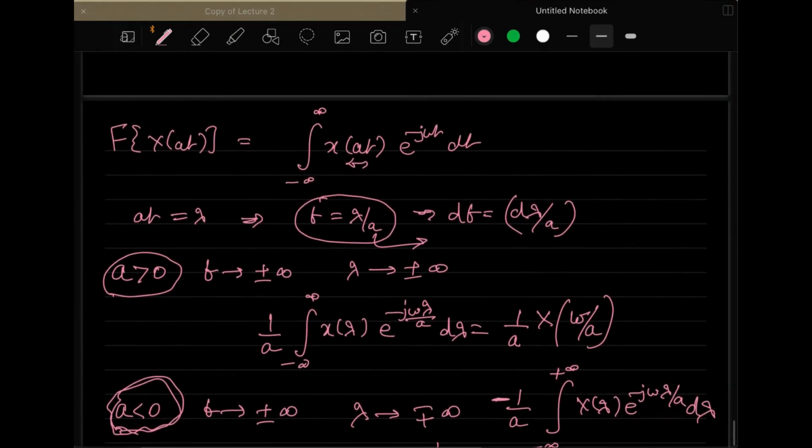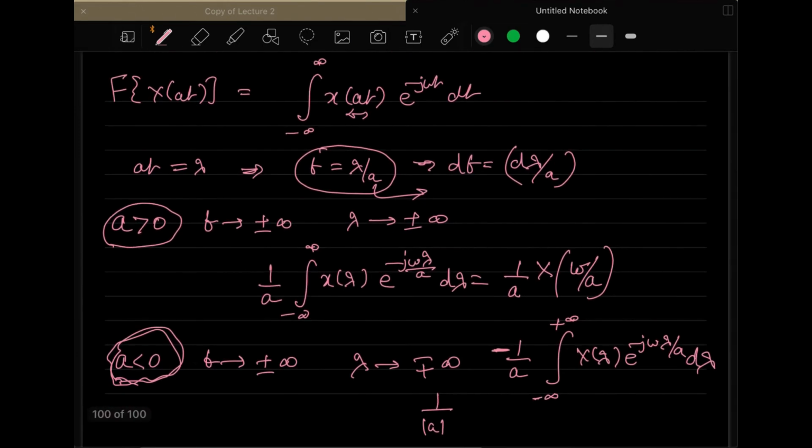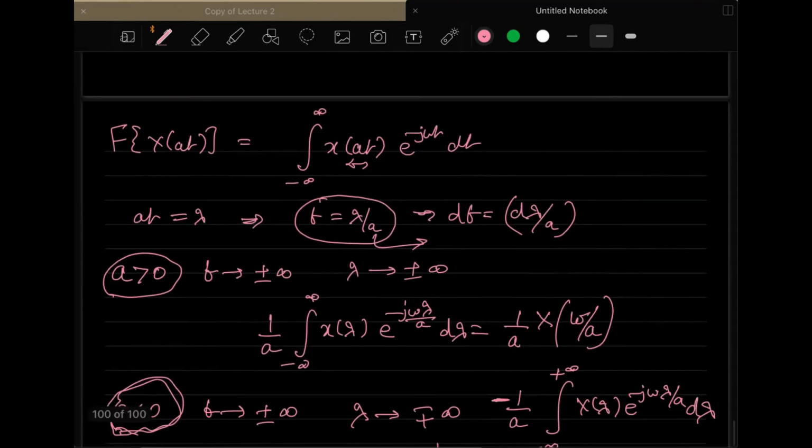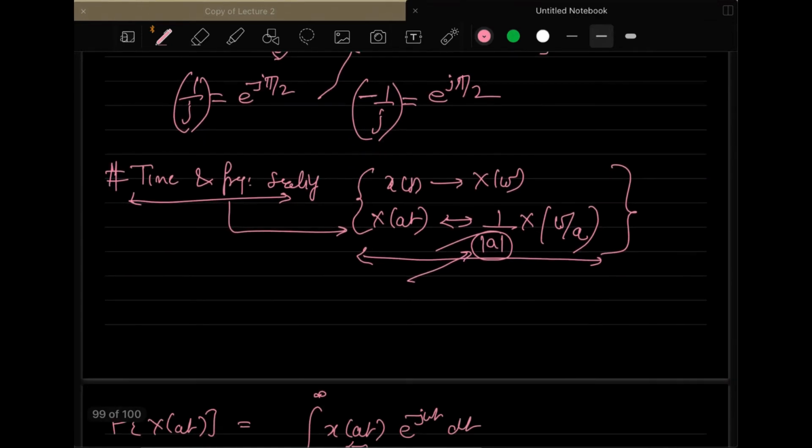So what it says is the time scaling property. This is a very important property also, and we have already worked on this example. So what it says is that if you have a signal x(t), then the corresponding Fourier transform is x of omega. Now if you scale it by a factor of a, then the frequencies are also scaled by the same factor, but in the reverse direction. So if it is compression here, then it will be expansion there, and if it is expansion here, then it will be compression on this side.